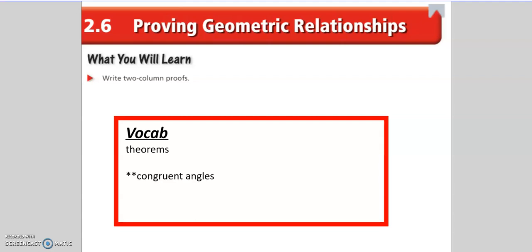Hey everyone, so this is the final section in chapter 2 that we're going to work on. This is 2.6, proving geometric relationships. So in the last section, we focused on algebraic proofs, where we really solved equations, talked about midpoints a lot, and the segment addition postulate. But now we're going to be proving further